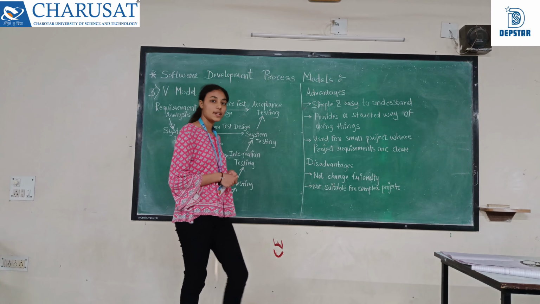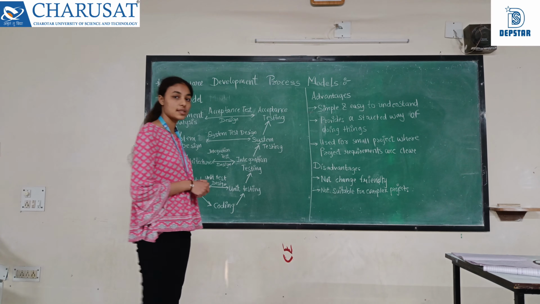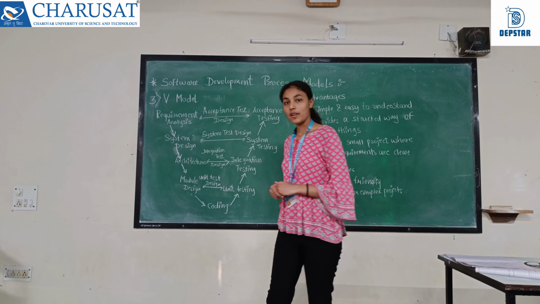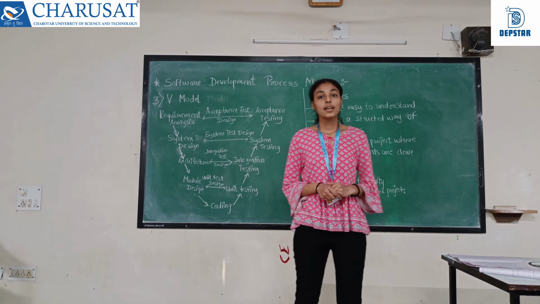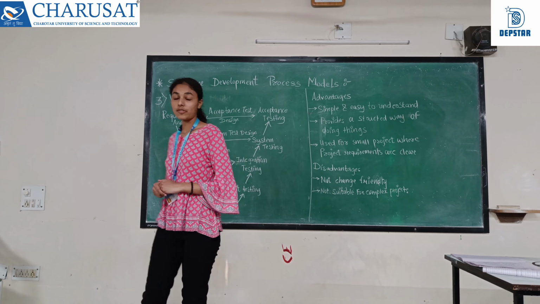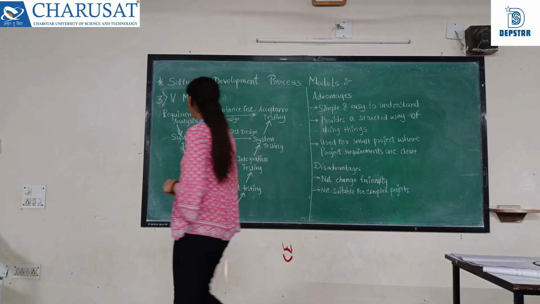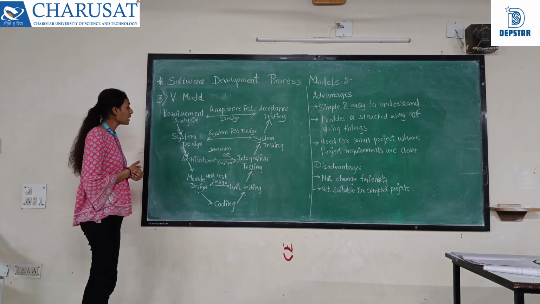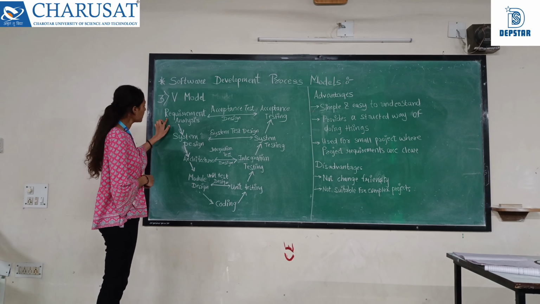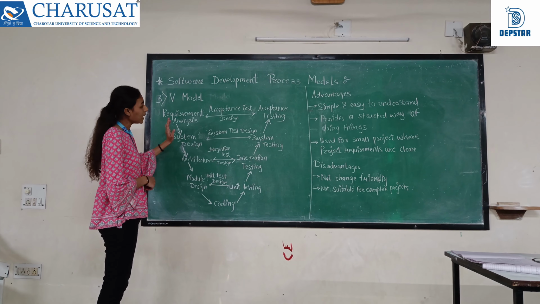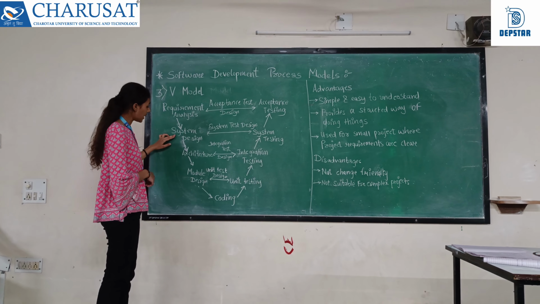The third one is the V model. The V model is a software development life cycle that provides a systematic and visual representation of software development. It is based on a V shape, with the two legs of the V representing the processes of software development, maintenance, implementation, and requirements gathering. This is the diagram of the V model. The first step is requirement analysis, and parallelly the acceptance testing works with this.